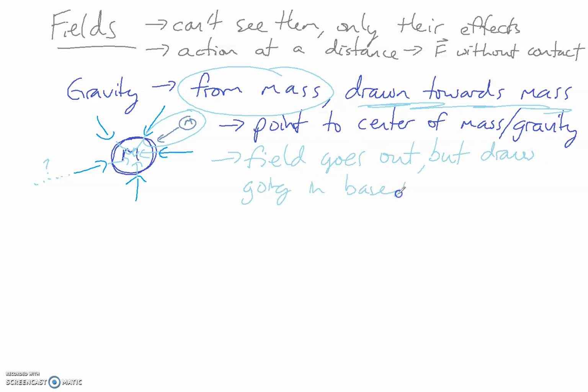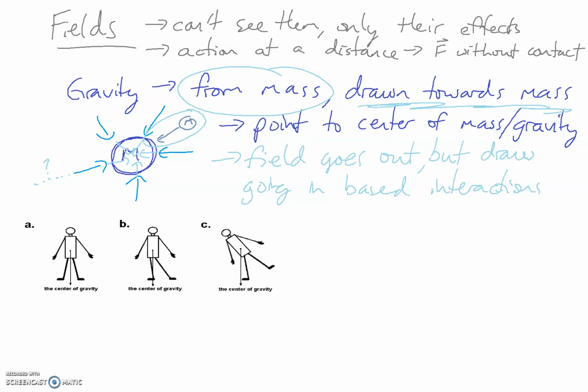based on the interactions that it has, because that makes a lot more sense visualized for what's actually going on, how they work. If we keep on drawing gravitational fields going out all the time, which is what they do, they travel out at the speed of light from different things, then it makes it harder to visualize when things keep on falling towards them. Okay, so gravitational fields actually go out from an object, but we always draw them going in towards the center of mass, center of gravity, because that's the way we see the interactions, which makes things a lot easier for us to work with.